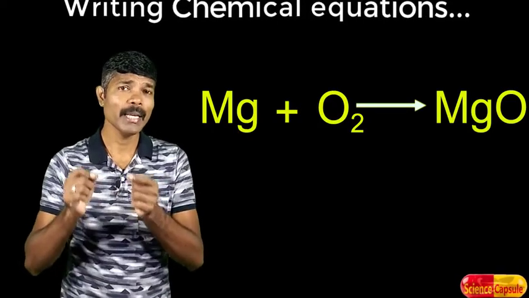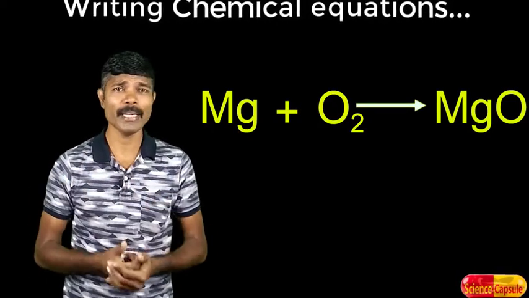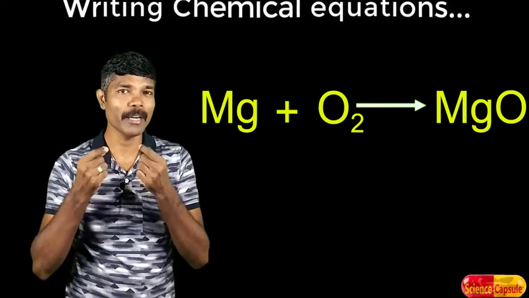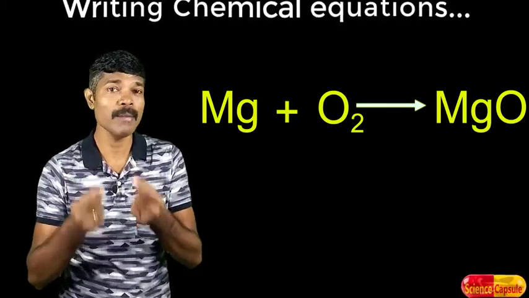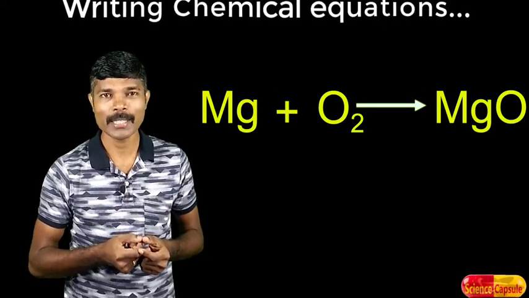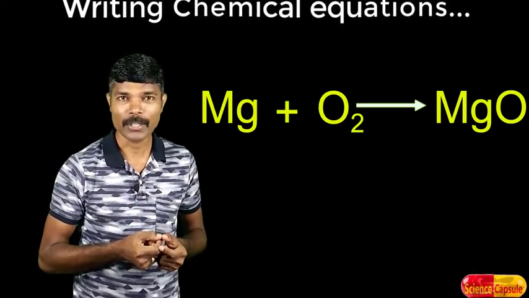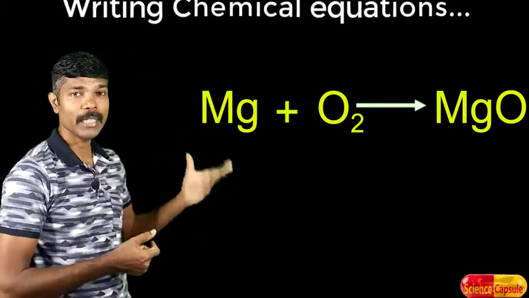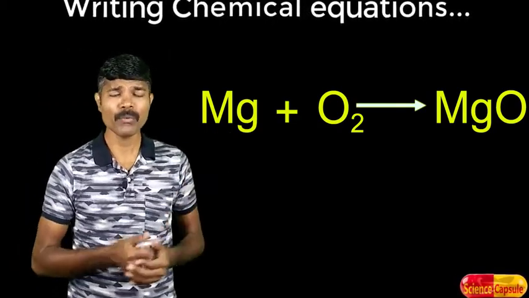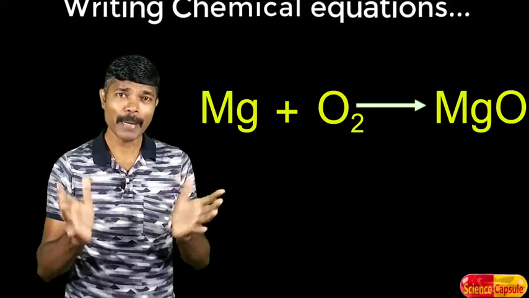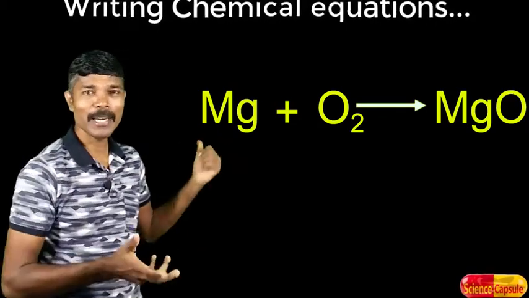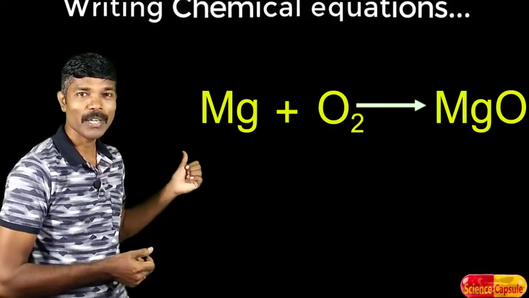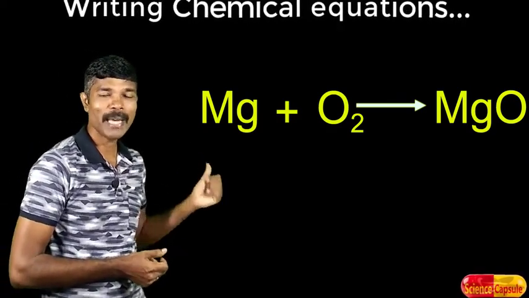This way, the chemical equation for various chemical reactions can be expressed by knowing the symbols or chemical formulas of the constituent elements or compounds that are taking part in a chemical reaction. So, in our case, the chemical equation is written. Now, is the chemical equation we have written complete or not? The chemical equation is still not complete, because the chemical equation is not balanced.